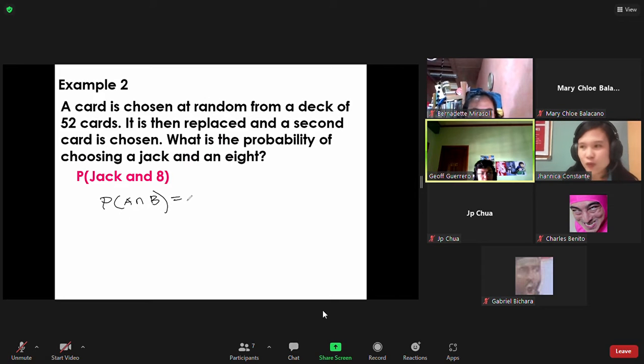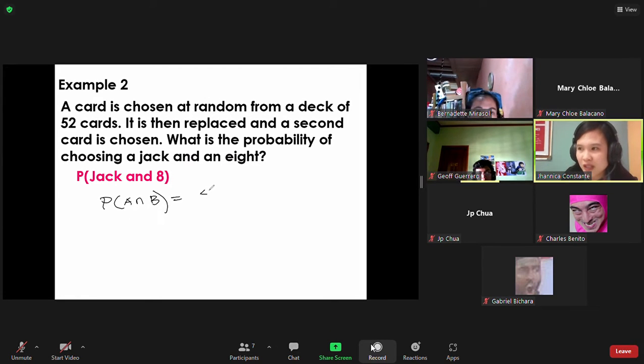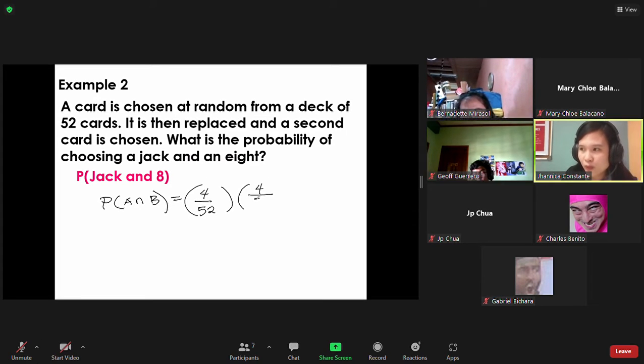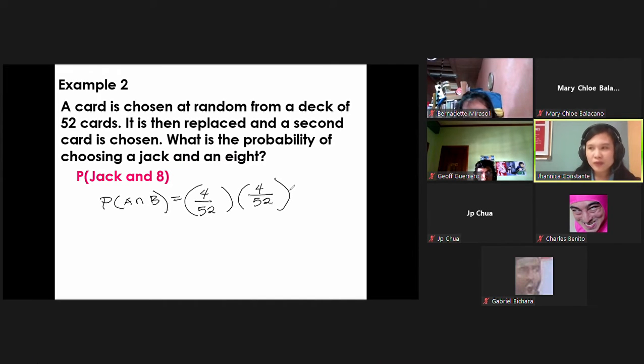So we have 4 jacks out of 52 cards. How many 8s are in the deck of cards? 4 also. So 4 over 52. So 4 over 52 times 4 over 52 is equal to 4 times 4 is 16, over 52 times 52 is equal to